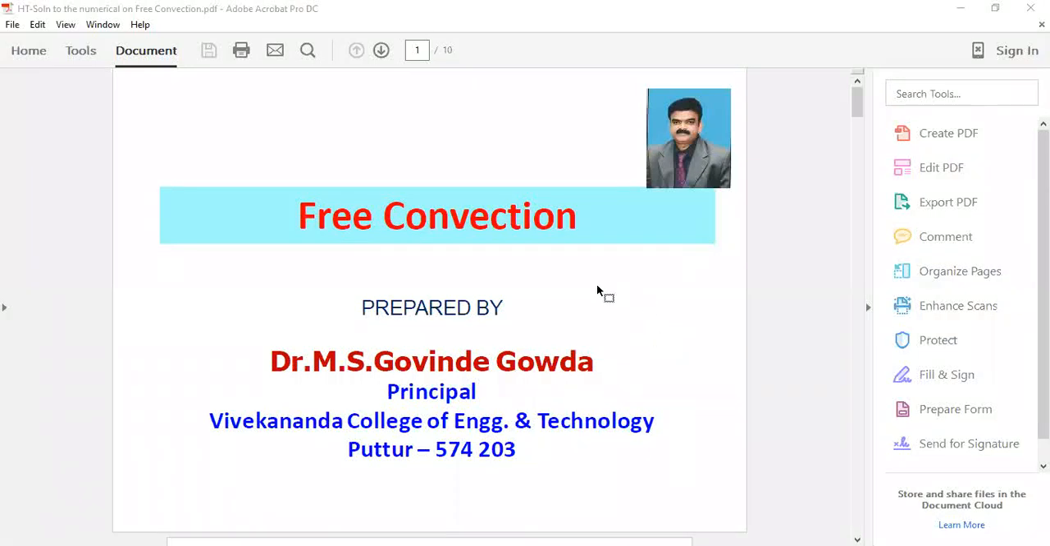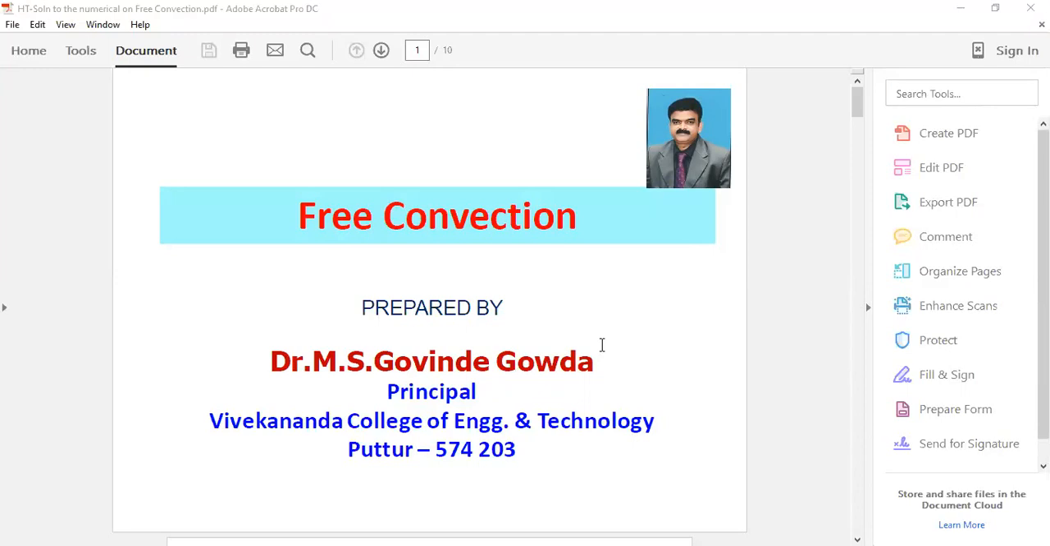Today, we are going to discuss numerical problems on free convection. Today, we are going to do an exercise on how various correlations are going to be used for different conditions and so on and so forth. Particularly in